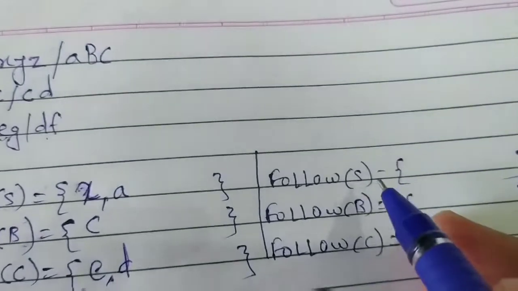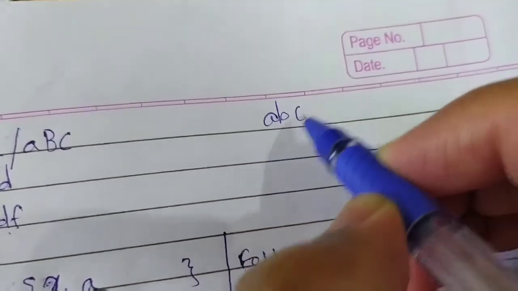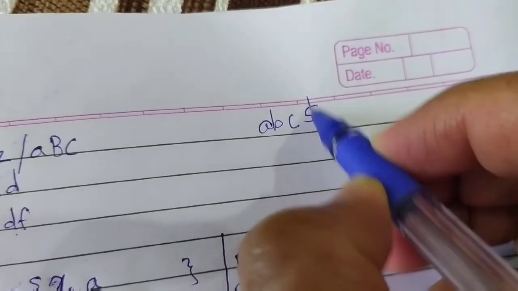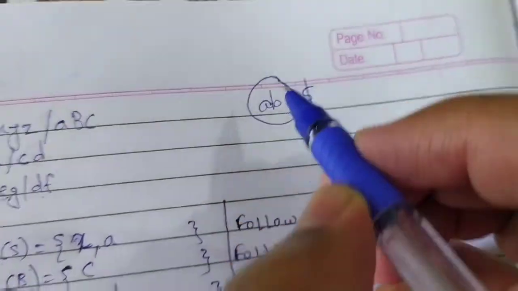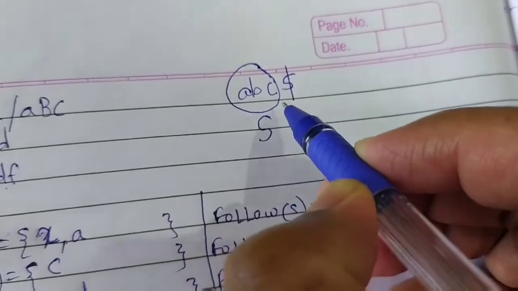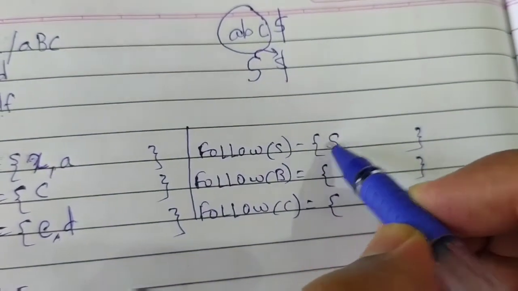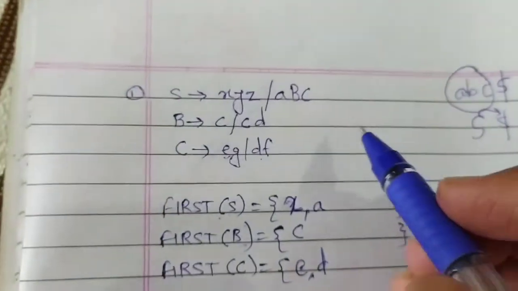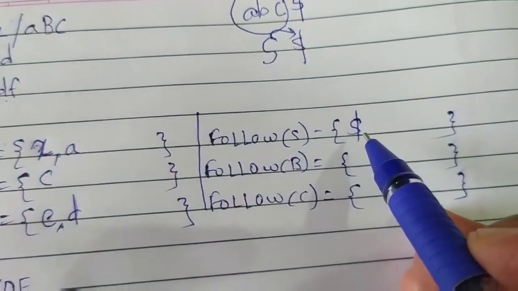So see, for S, one thing is important. For every input, suppose your input is something like ABC, we assume that it ends with symbol dollar. Whatever the input symbol, whatever the string, it gets generated from the start symbol. So what symbol is following capital S? Here is a dollar. So for any start symbol, there will be dollar. Now see S, nowhere is the S on the right, so that will be the only follow for capital S.